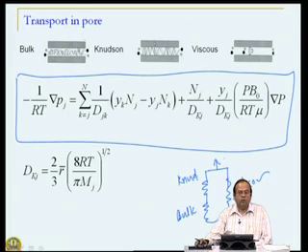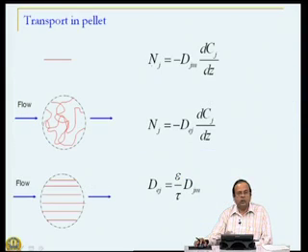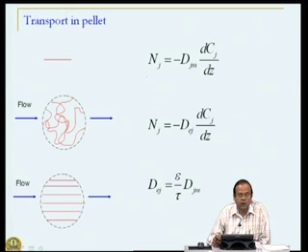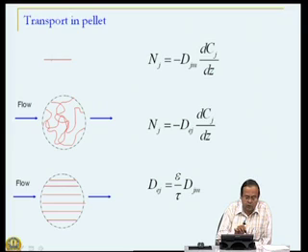This is not the end of the story, because as you can see here, we have represented this catalyst as a single pore, but a catalyst of course is not a single pore. Catalyst actually is a combination of different sizes of pores, different orientations of pores, and so on. So, if you once again revisit the diffusion phenomena, this is how diffusion phenomena is influenced when you consider transport in the pellet. For example, if you just consider bulk motion,